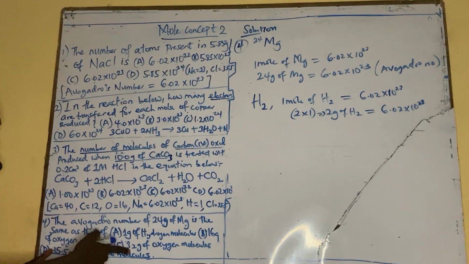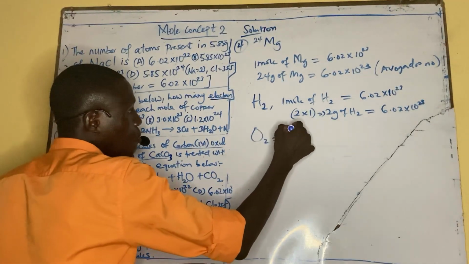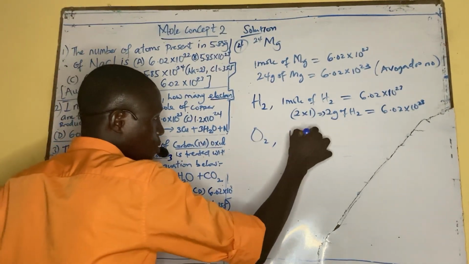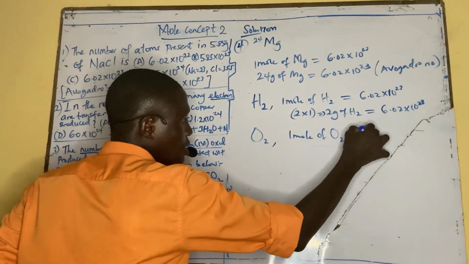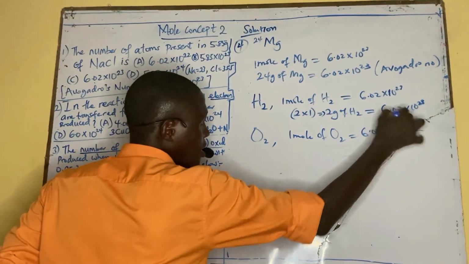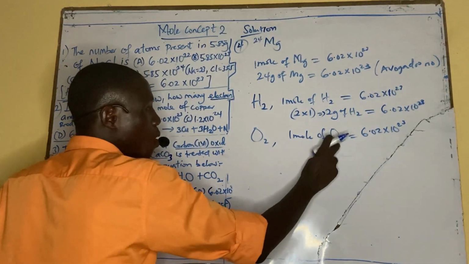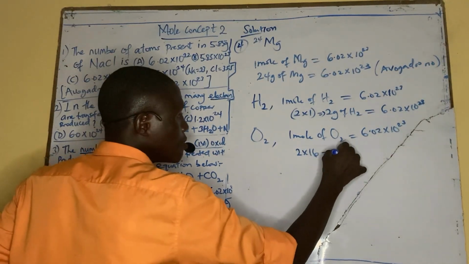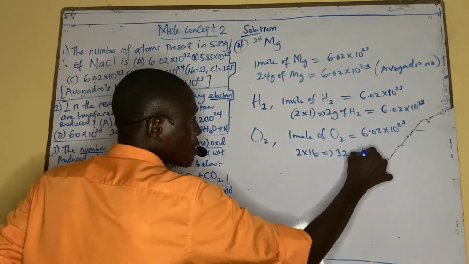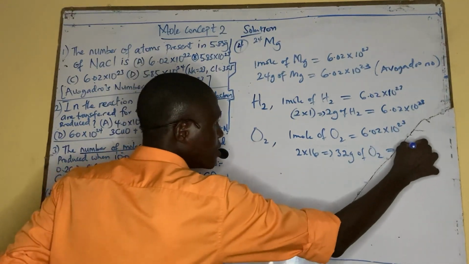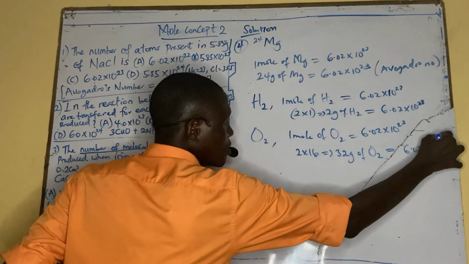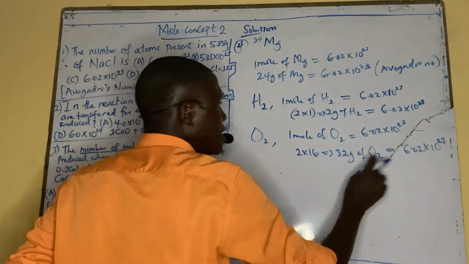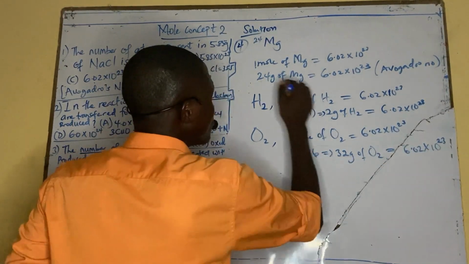Now let's look at option C, 32 gram. This is what I'm saying. 1 mole of oxygen molecule will be equal to 6.02 times 10 to the power 23. But 1 molecule of oxygen contains 2 atoms. It will be 2 times 16 now, which is 32 gram of oxygen molecule, and that will be equivalent to 6.02 times 10 to the power 23. So therefore, it is option C